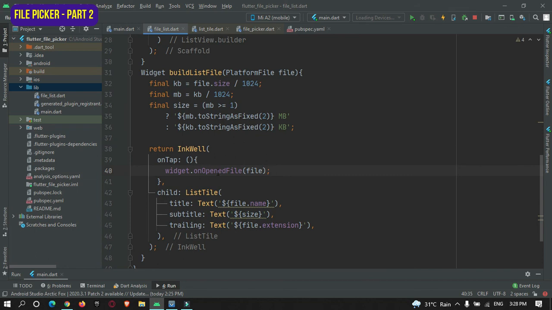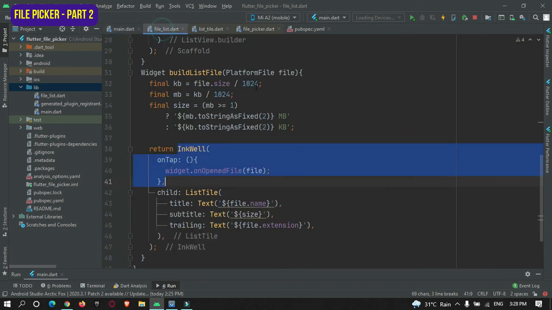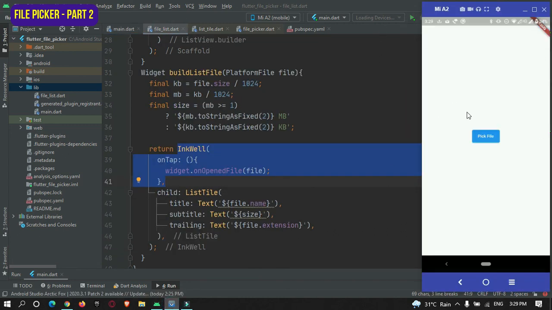This is the callback function. When the item is tapped, this function will get called, and here we pass the file that the user has tapped on, and we are going to open the file that the user wants to open. Let's check this out.